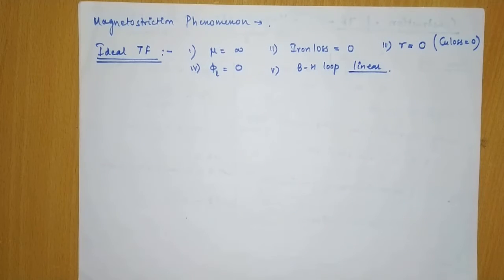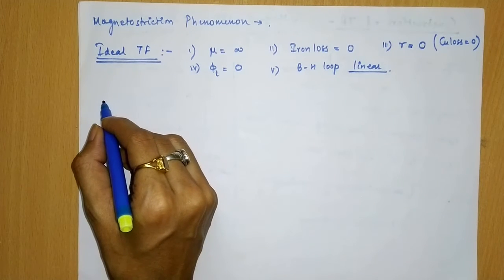Case first. Transformer with infinite permeability core. If the transformer core offers infinite permeability, then the demand for the magnetizing current will be equal to 0. However, designing a core with infinite permeability is not possible practically, so to offer high permeability, CRGO steel will be preferred. Using a high permeability core can minimize the magnetizing current to a very low value. In a practical transformer, magnetizing current is as low as 4 to 5% of the rated value.